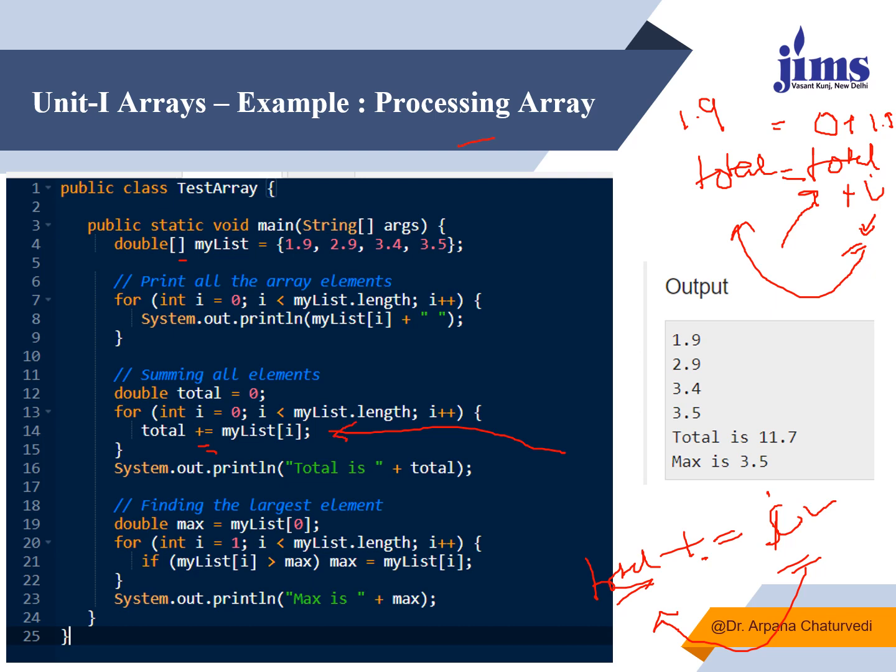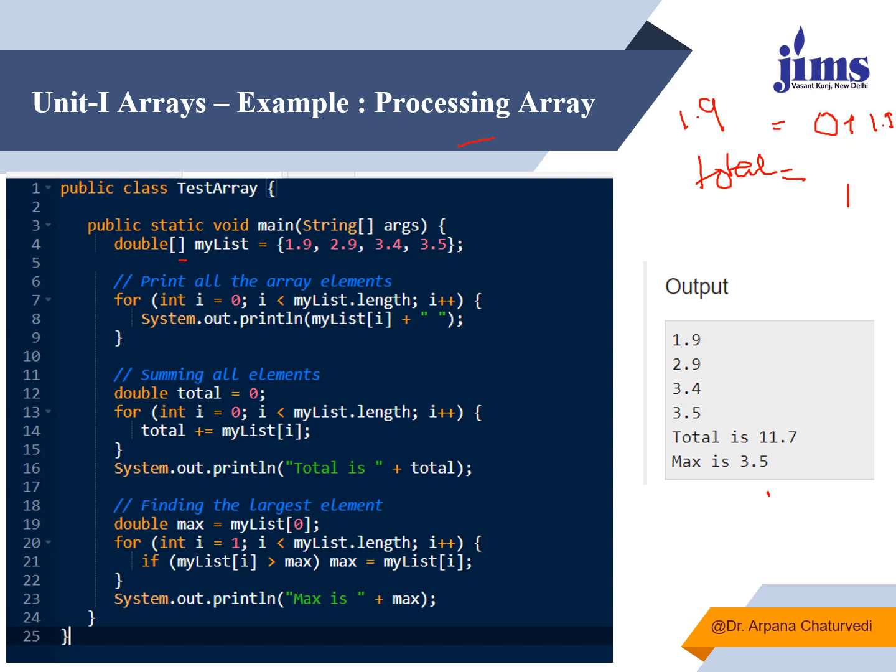And once I am able to add all the elements which are lying in an array, I'll come out from the loop and display the sum of all the elements in the array by writing the statement System.out.println(total). Now I have to find the maximum element within an array. We have done one processing and displayed all the output. For another processing, we again run the for loop, within which I have processed the sum of all the elements. Now I am comparing.